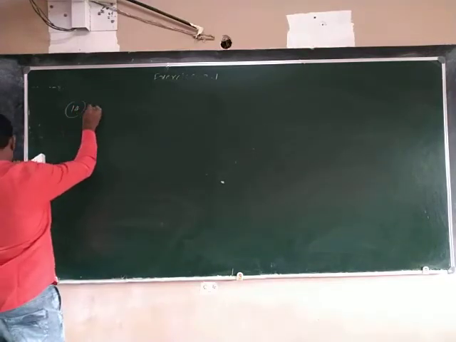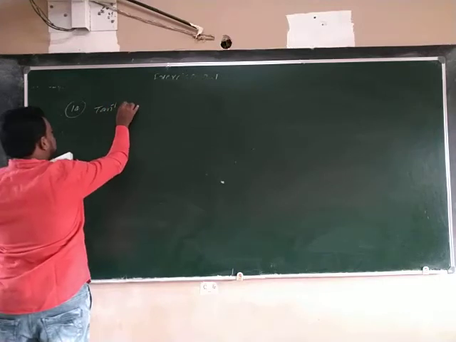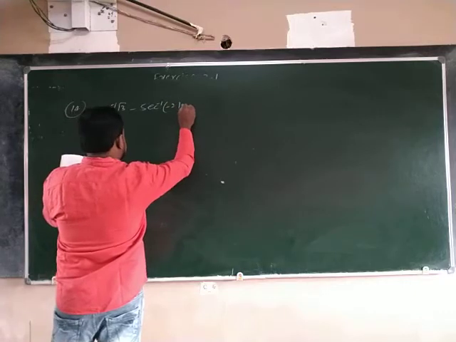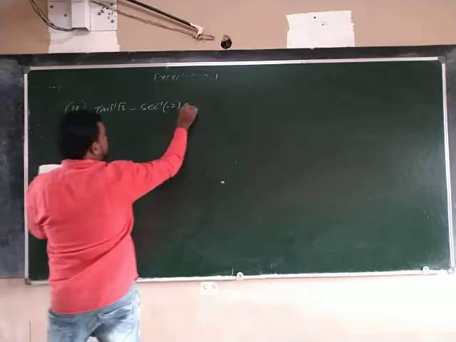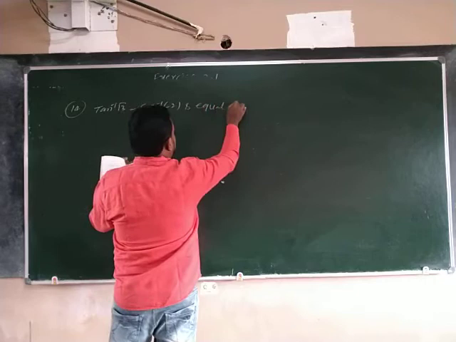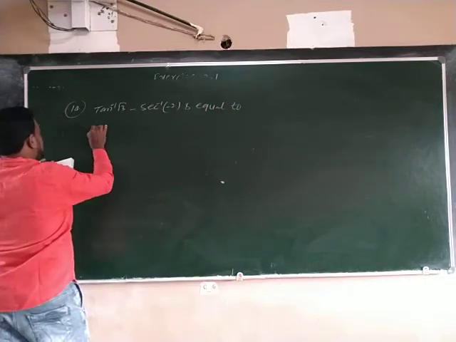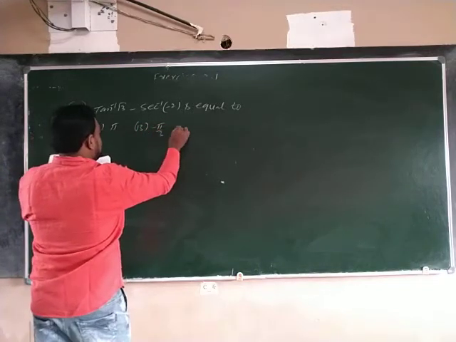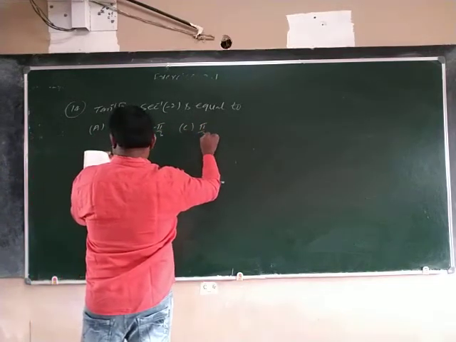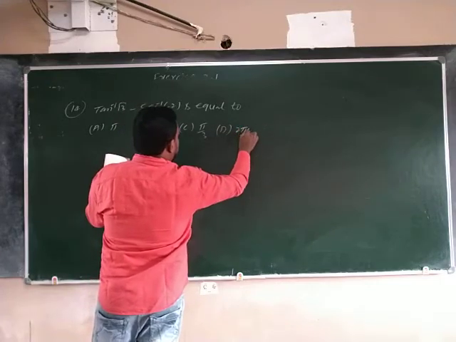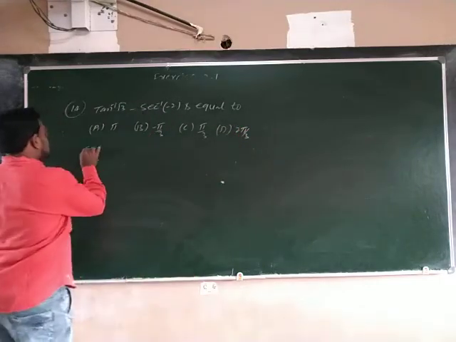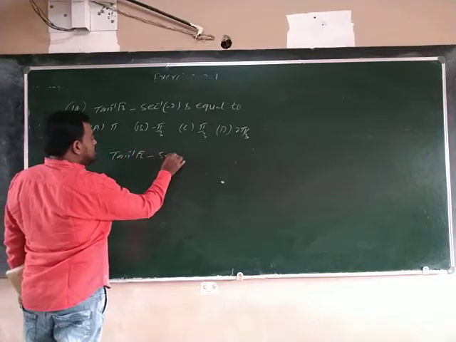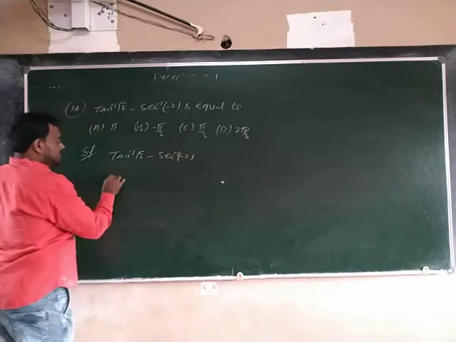Fourteenth one: tan inverse of root 3 minus secant inverse of minus 2 is equal to: option A pi by 2, option B minus pi by 3, option C pi by 3, option D 2 pi by 3. Right? Solution: you see, tan inverse of root 3 minus secant inverse of minus 2 is equal to